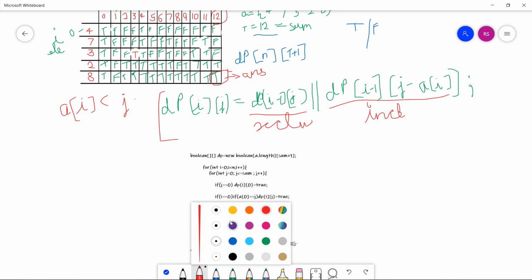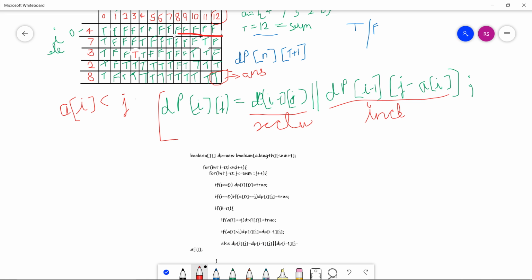The main logic comes from this column. These are the rows where we apply this logic.